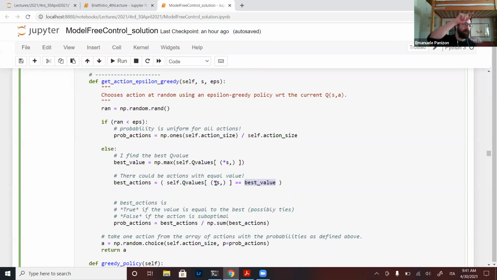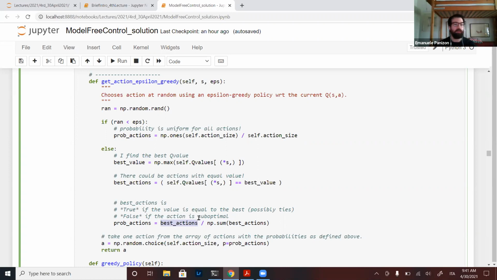So it's a Q value array for all actions. And if any of those is equal to the best, for sure one is because I took it as that, but it could be more, then the best action is just a mask which says you are, you're not, you're not. Okay. And then the probability of action is just a mask again, but now it converts in floats. It's 0 if you were not the best value, and 1 over the number of best actions if you are.